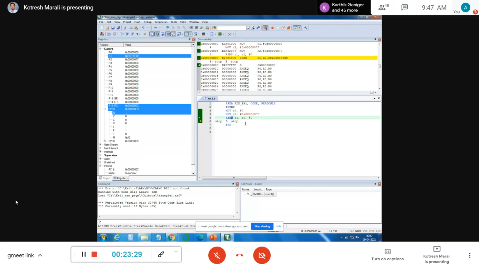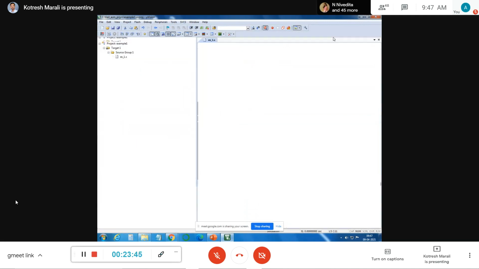I think now you got to know about the importance of the status flag. If you want to update your APSR, then make sure that you use the suffix s. So it updates your flag register. Else it won't. Okay.